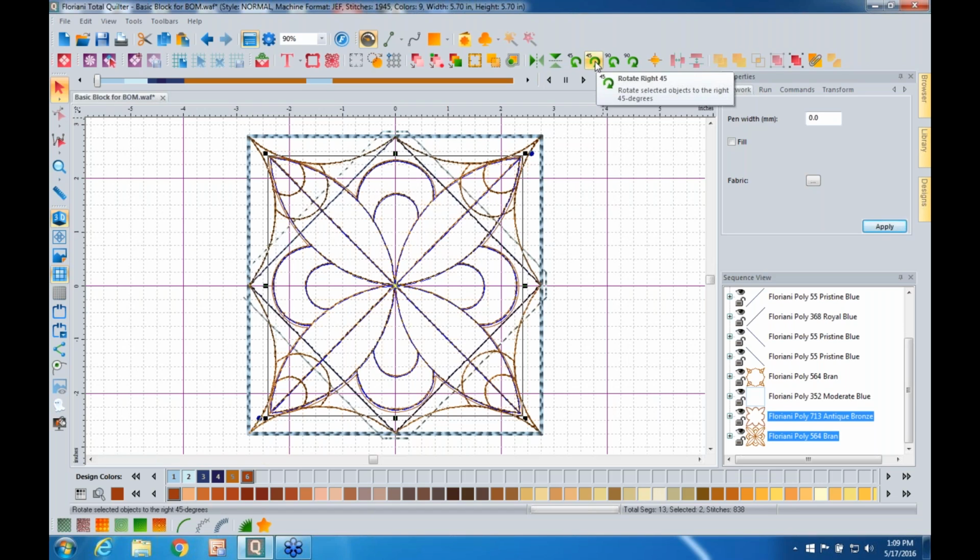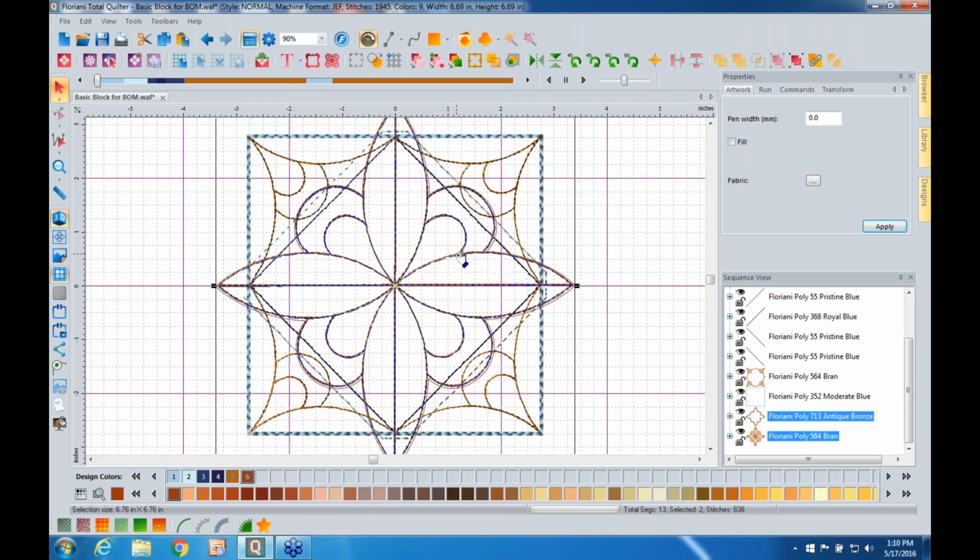here. Now, if you're using MDQ or an older version of MDQ, you may only see 2 icons here, and they may not have little numbers on them. Those are still your rotate right 45 and your rotate left 45 degree icons. Just pick the rotate right 45 degree icon, which is this one right here, and click it once. If you are using the new Total Quilter with Quilt Builder, you will see some new 90 degree rotate icons that we've added in for Quilt Builder. So I'm going to go ahead and click that rotate right icon, and it's going to rotate it into position